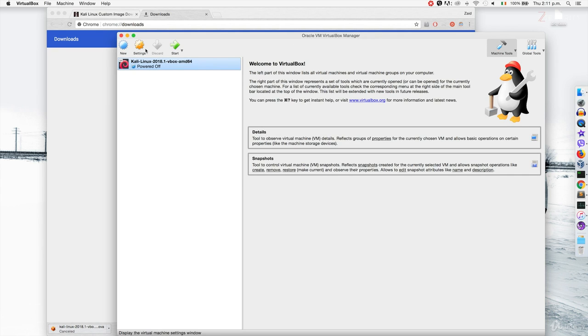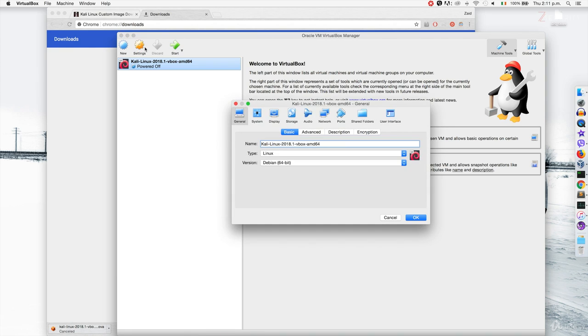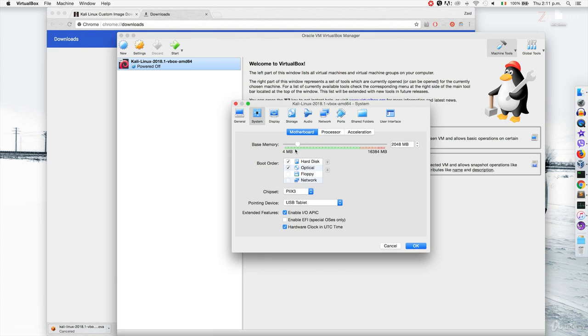Then we're going to click on the settings in here. And the first thing that I'm going to do, I'm going to go to System, and I'm going to modify the amount of RAM it has. Now depending on how much total RAM you have on your computer, you can leave this at 2 if you want. But 1 GB is enough for Kali. I usually leave it at 2 because I have 16 gigs of RAM,